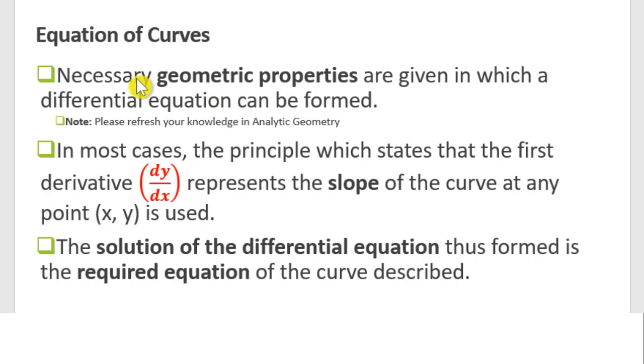And then, when you have already formed the differential equation, you just need to get the solution of that differential equation using any methods, variable separable, homogeneous, exact, inexact, the lessons that you've learned before. And when getting the solution for that differential equation, you now have gotten the unknown or the equation of that unknown curve. So first, know the geometric properties given on the problem, form the differential equation, solve for the solution of the differential equation. And that is usually the unknown of the problem.